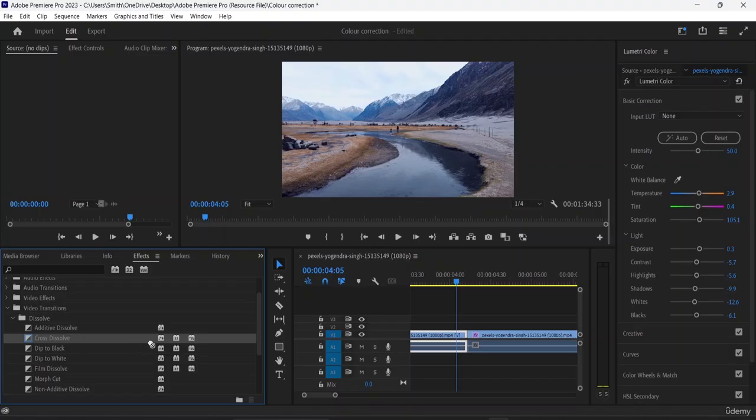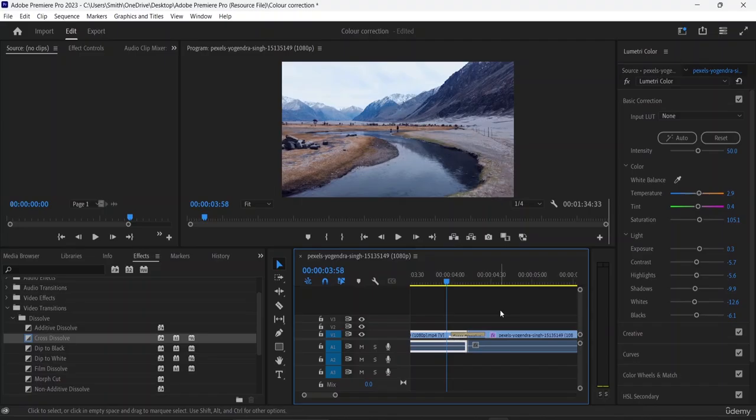I will bring this one here and put it in between. You can see I can put it on this one, or in between here, and also at the start of the first video. I can do all that. So I'll put it in between, and now I have a cross dissolve here. If I take my playhead back and play,